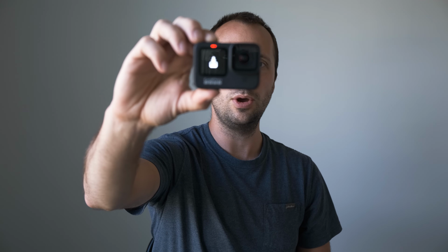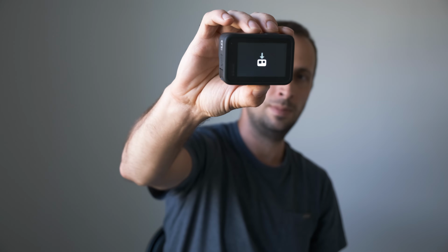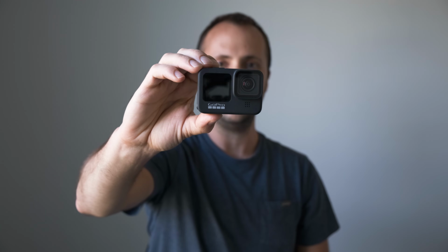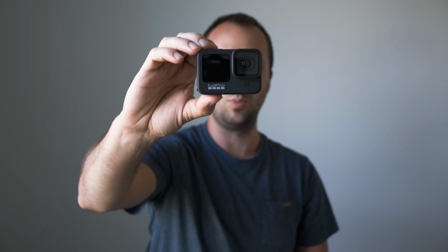The firmware is then going to proceed to install. You'll see this screen on the front, and you'll see this screen on the back. It's going to take approximately 1 minute to install, and you want to keep your camera powered on while it does. Your camera will then restart,